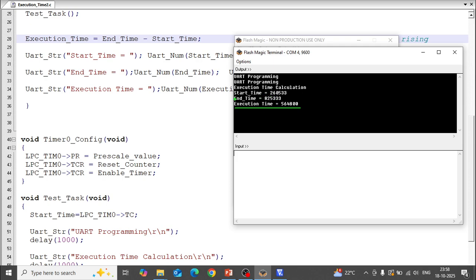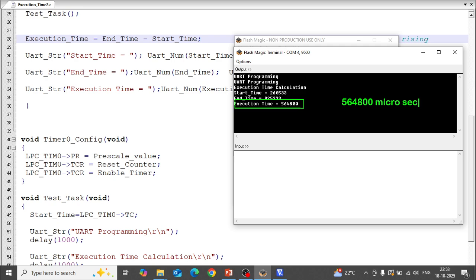So execution time, whatever you are seeing, will be displayed in microseconds. So whatever you are seeing, the execution time 564800, this is in microseconds, because your microcontroller is running in